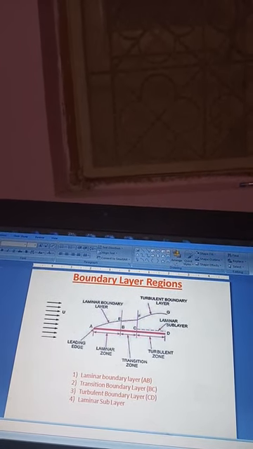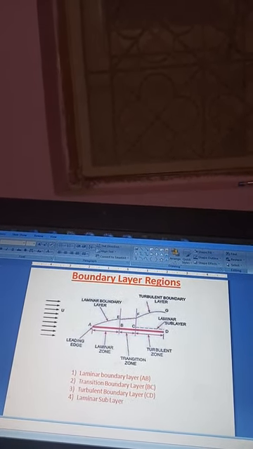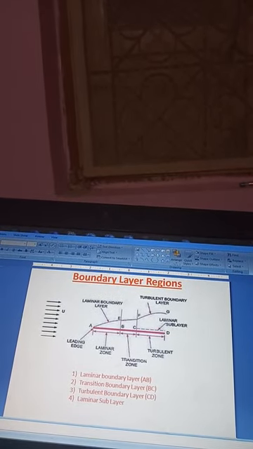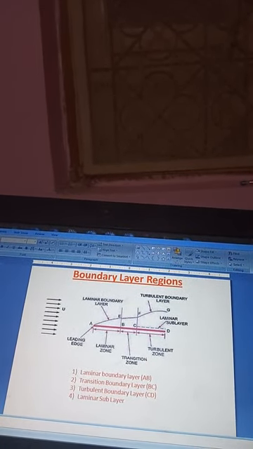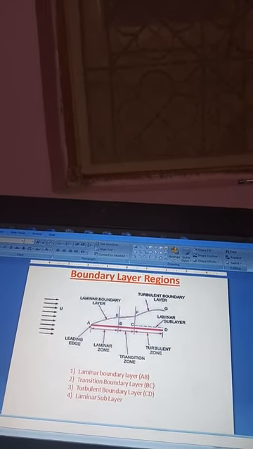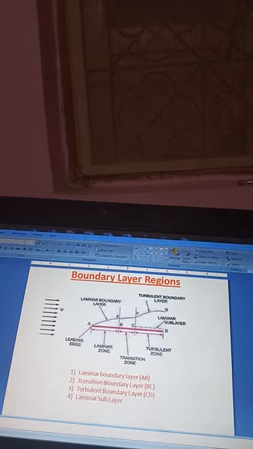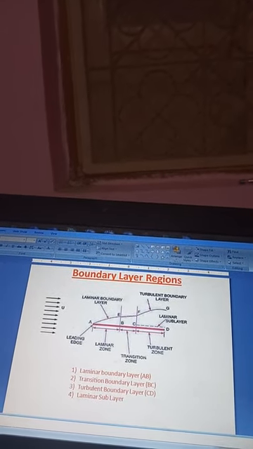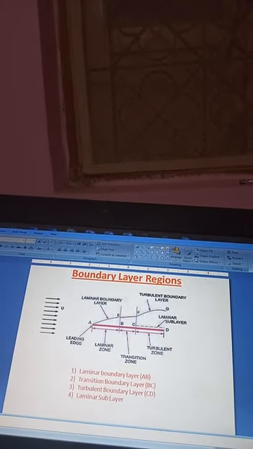So let us study the terms involved under this boundary layer theory. Now I have told you already that this boundary layer gives you the velocity variation across the y direction, and as far as there is velocity variation, there is a shear stress developed across that region, and this shear stress is nothing but the drag force.